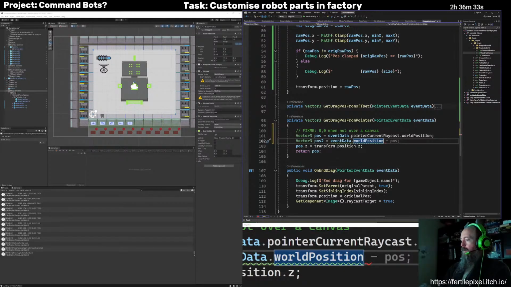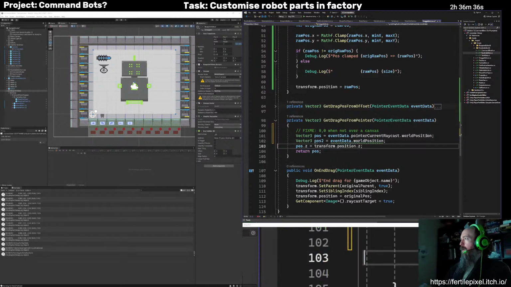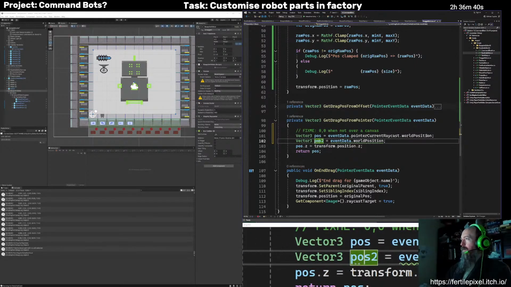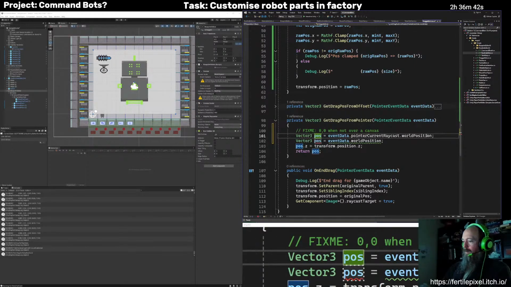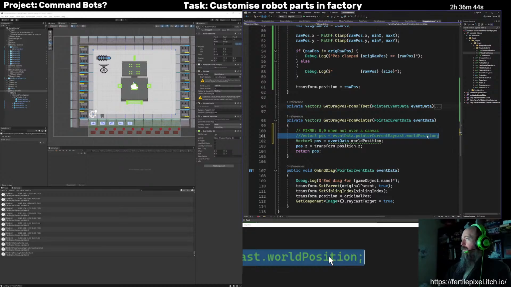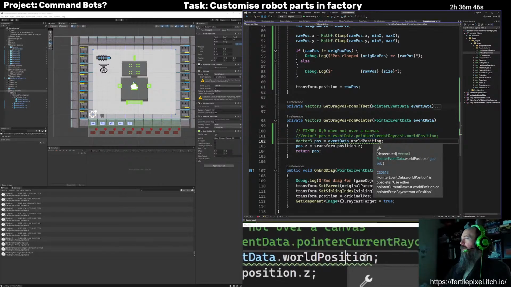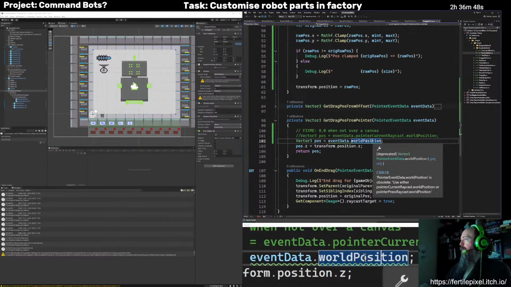Maybe just world position. Which is deprecated.